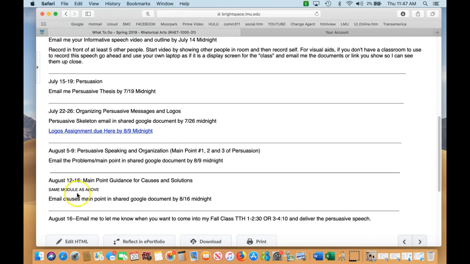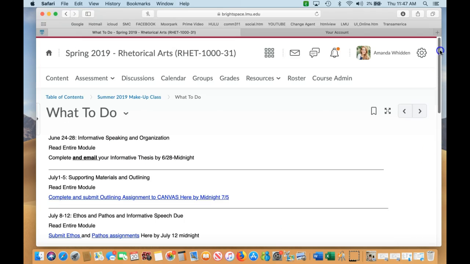And then what I want you to note is that for the last 2 modules, persuasive speaking and organization, this deals with the problems, and then the second one deals with the causes and solutions. And what I've noticed is that students do best when they really read all of this together. So if you wanted to read it all together before you even did the problems main point, it may help you out a bit. So if I go back over here